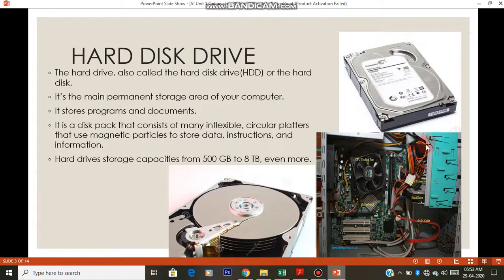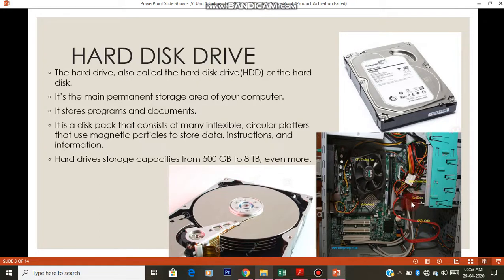Bigger means not the physical size of the hard disk. The size will be the same, but the number of disks available inside the hard disk will be more. So this is called a hard disk, where you store things inside the computer permanently as storage.